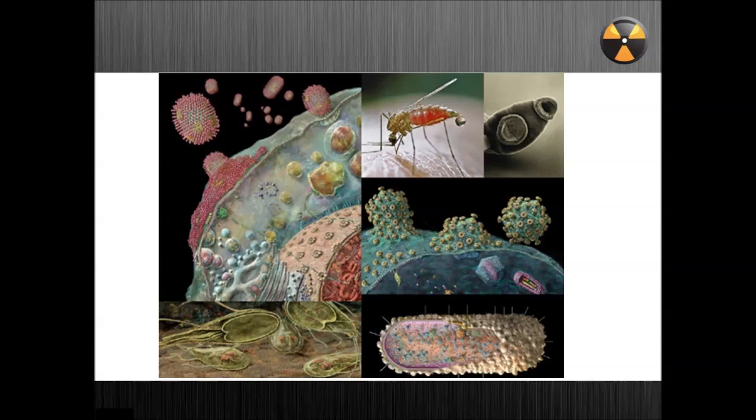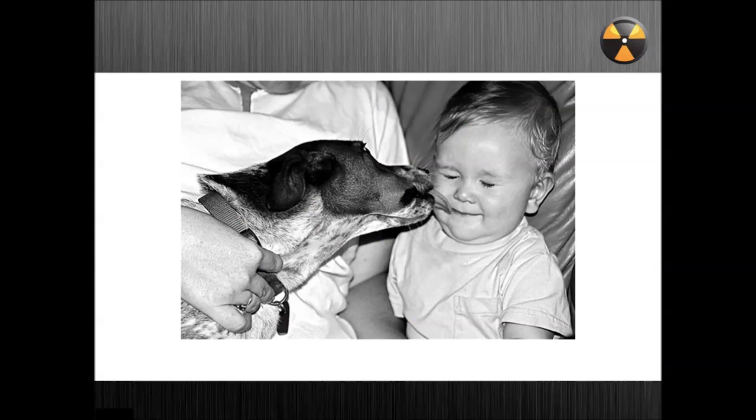And down beneath it, these are viruses that are starting to enter cells, and this is the outside of the bacteria. And these are some other organisms that we'll talk about. So there are a lot of different ways that we can get infectious diseases. And for some of them, it doesn't take a whole lot to get infected or exposed, like this little kid is doing. Although some people would probably argue there's no harm in that, you're not going to get infected.